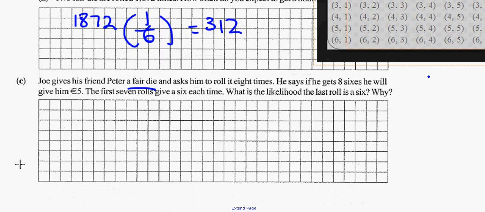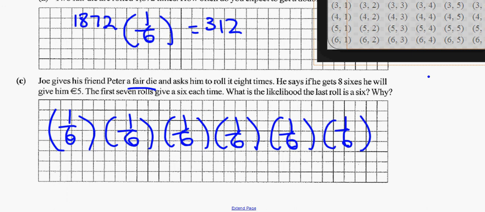Joe gives his friend Peter a fair die and asks him to roll it 8 times. He says if he gets 8 sixes, he will give him €5. The first 7 rolls give a 6 each time. What is the likelihood that the last roll is a 6 and why? So, what's happening here is, if he rolls a fair die, his chance of getting a 6 is 1/6 every time. He managed to do this 7 times. But what you're seeing is that